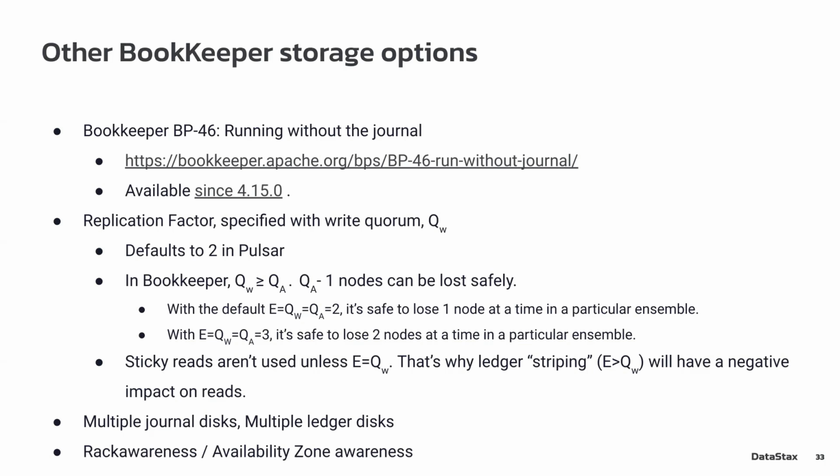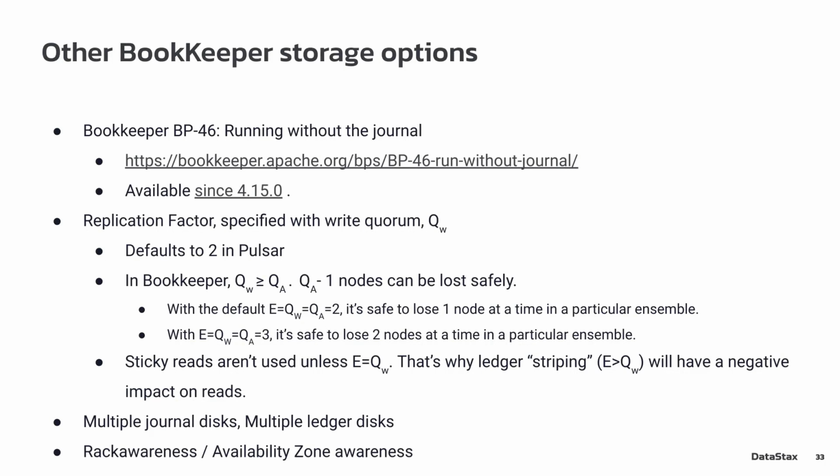It's good to remember that sticky reads aren't used unless E equals QW, the write quorum. And using a striping setup will have a negative impact on reads. There's also the possibility of having multiple journal disks and multiple ledger disks. And there could be a configuration around rack awareness and availability zone awareness when a setup needs to tolerate